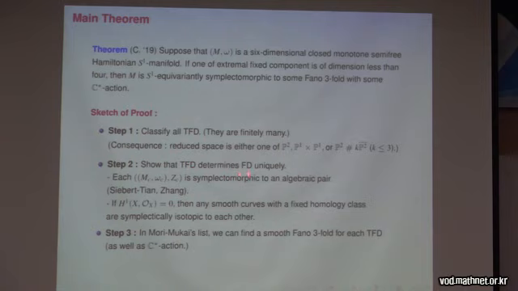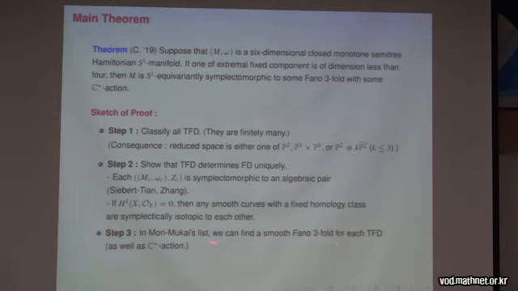So that means if we have two manifolds having the same topological fixed point data, then they have the same fixed point data. And this can be done by these two procedures, but I skip it because I want to show some examples. And step 3 is to find, for each topological fixed point data in our classification, some Fano threefold with the Hamiltonian S^1 action having the same topological fixed point data,